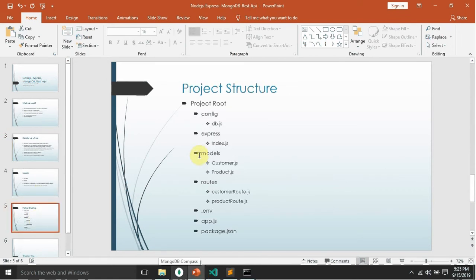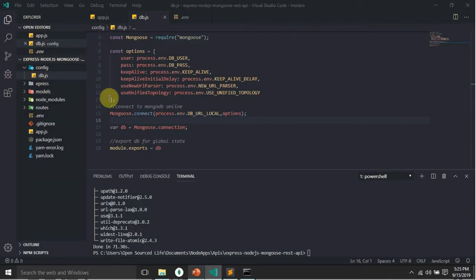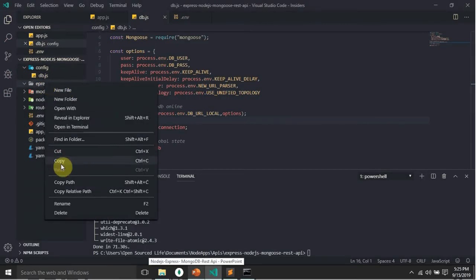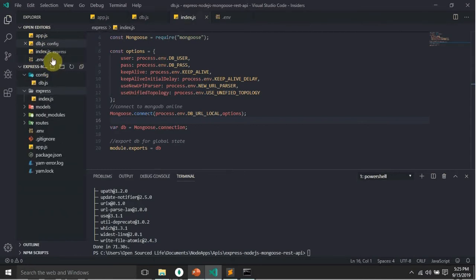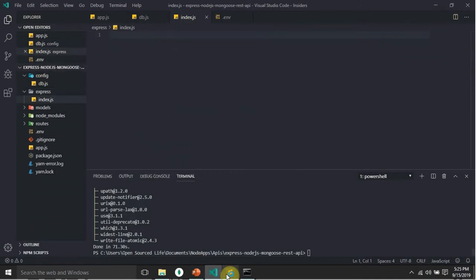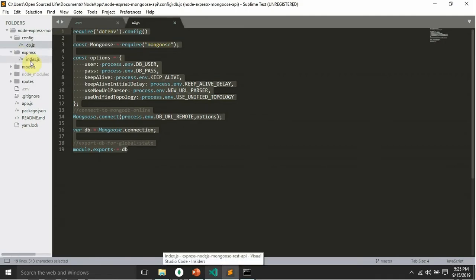All right, what's next is we have to create Express. Under the Express folder, we have to create index.js. I can't spell Express. So under the Express folder, we go ahead and create index.js. All right, so inside index.js,